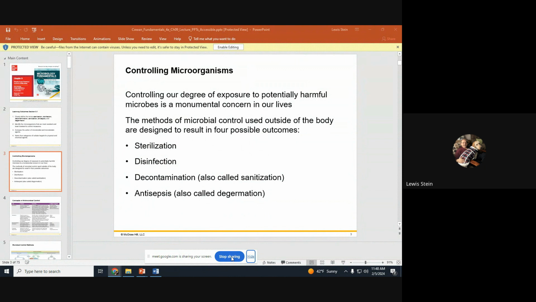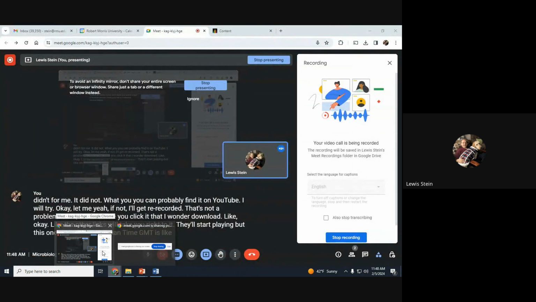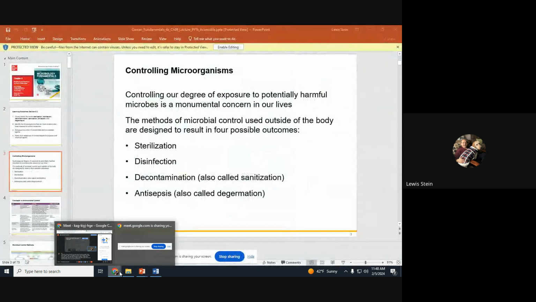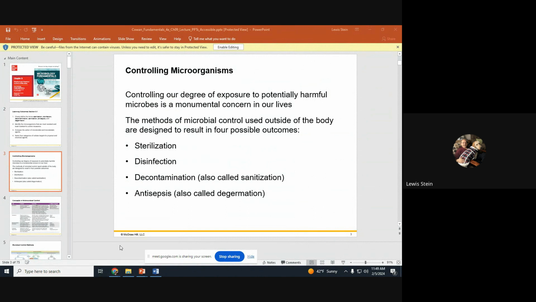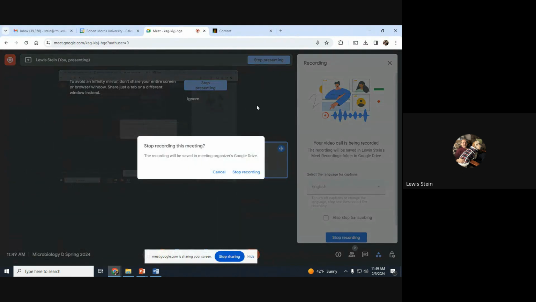What does GMT stand for? Greenwich Mean Time. GMT is like all time kind of comes from time zero when you talk about it. That was interesting. I've never had